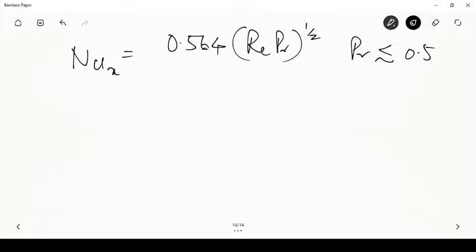So for small Prandtl numbers from 0.5 downwards, it is this, and